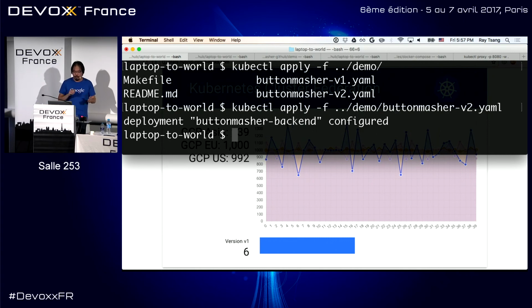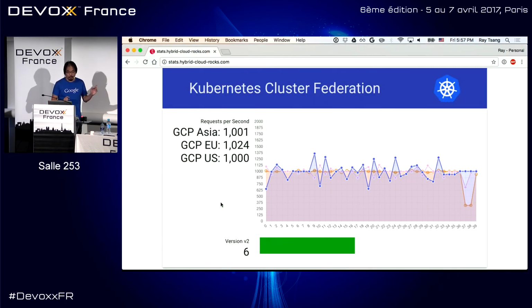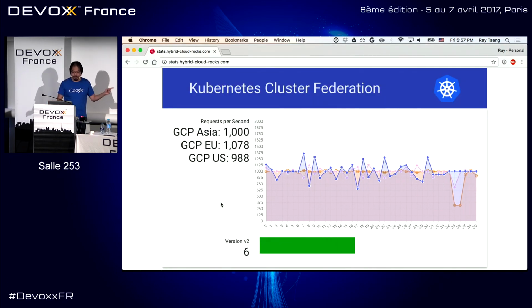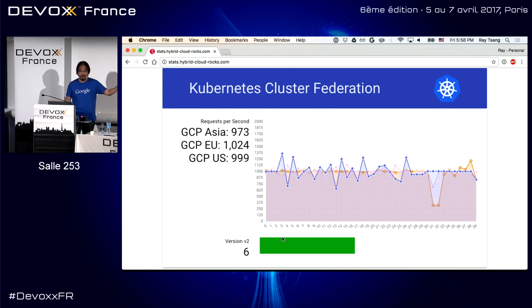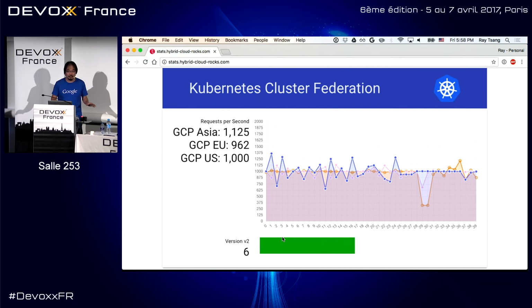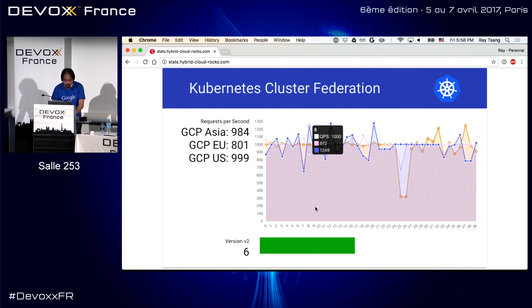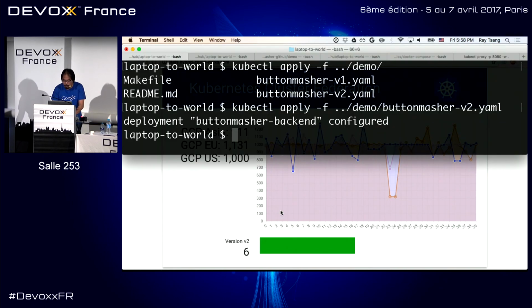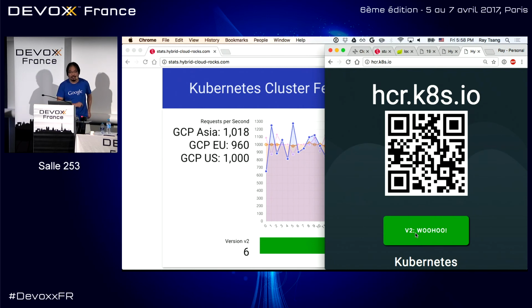So with rolling update, what we can do is we can replace an instance of the old application with a new one. And we can do this in a cluster pretty easily, but we just actually done this, it just finished across multiple regions. So this actually happened across multiple data centers through a single command line, because Federation controls everything for you behind the scenes. Okay, so if I were to go, this is the last thing, and click on this button,